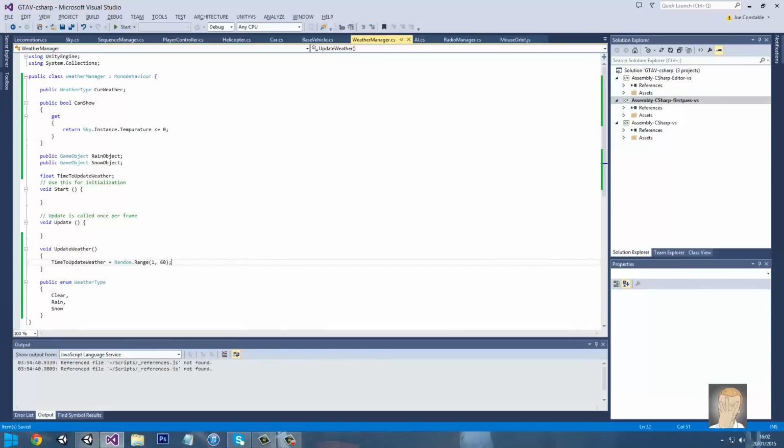So now in UpdateWeather, we need to go curWeather equals,